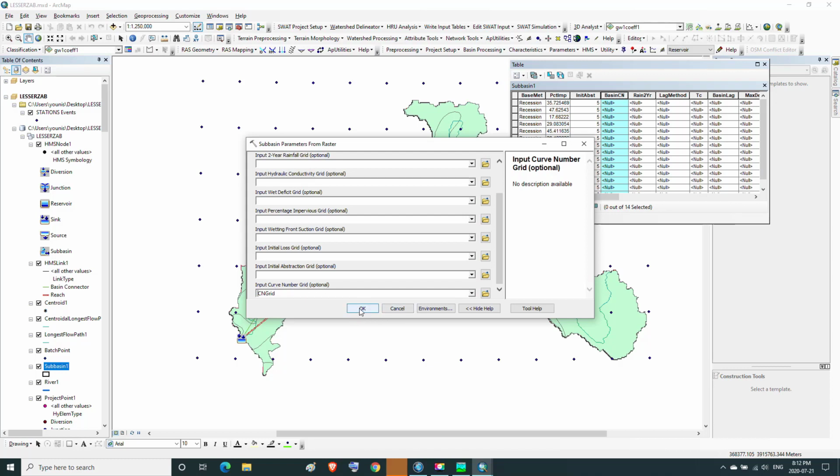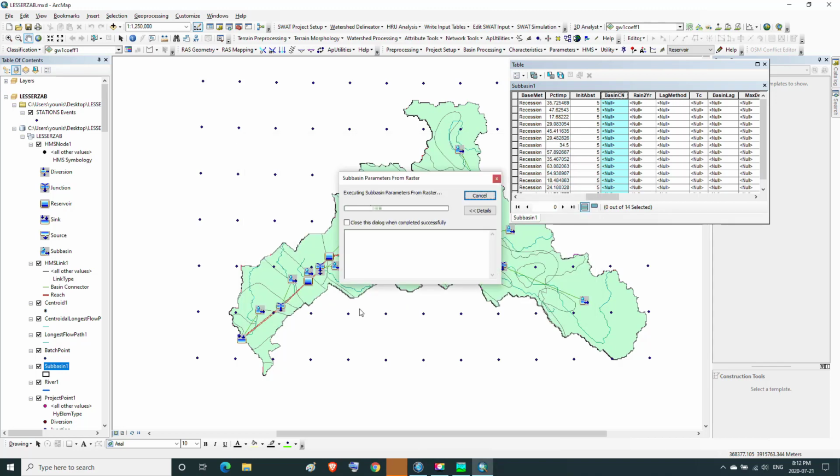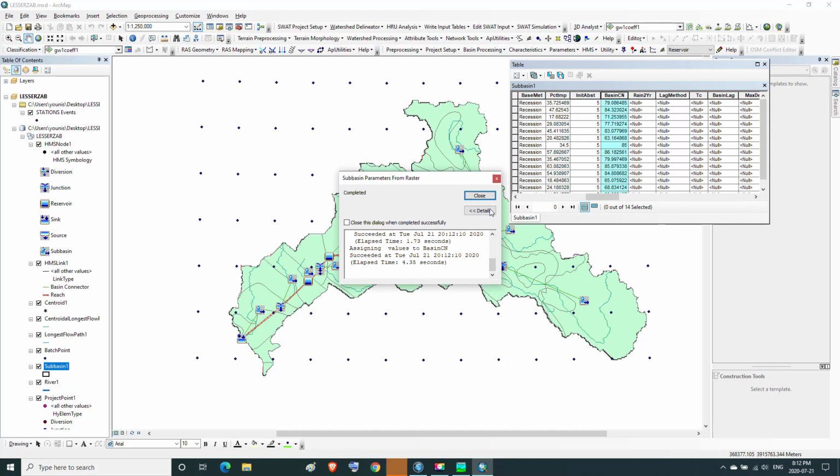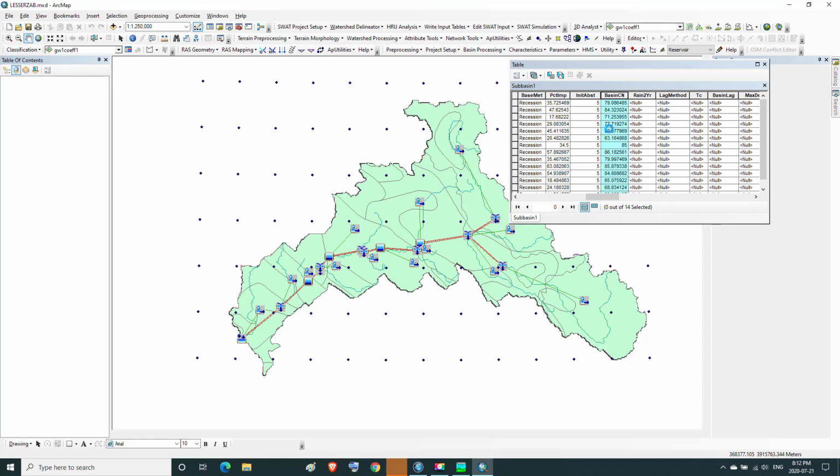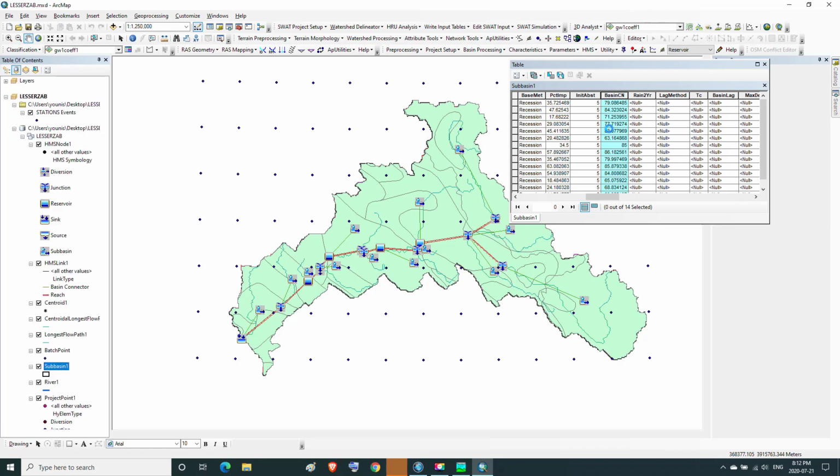Then OK. Then the curve number calculation process begins. Then close. Then the curve numbers for the subbasins of the study area basin appear in the basin CN field.